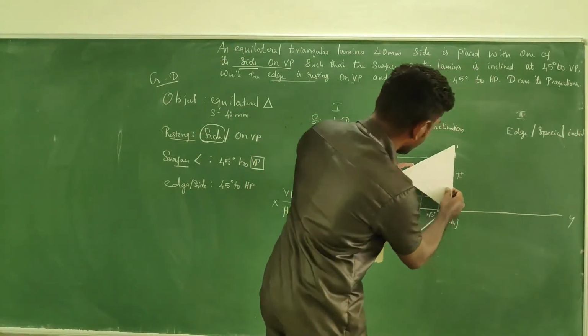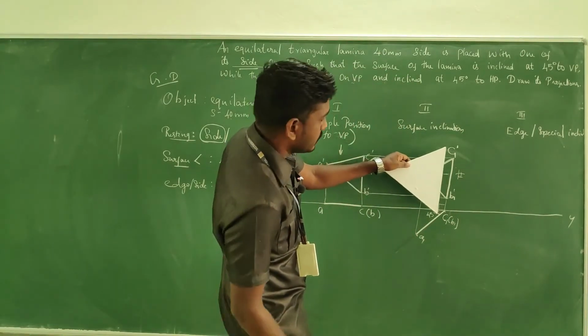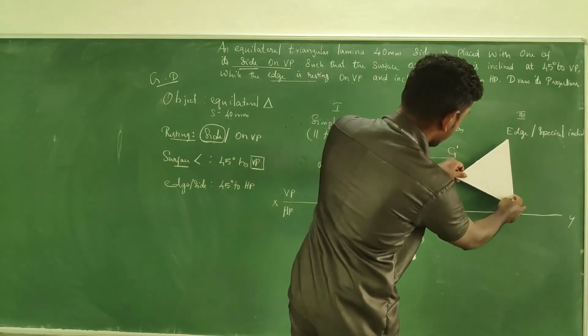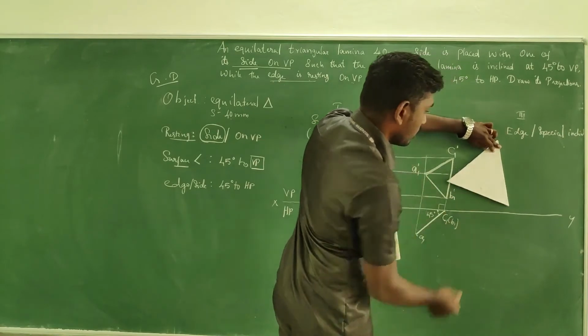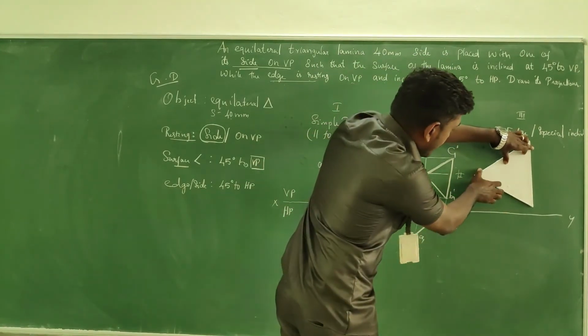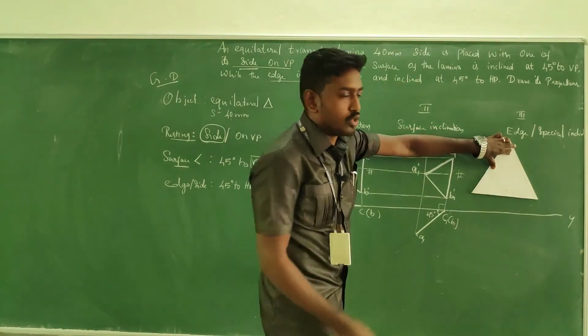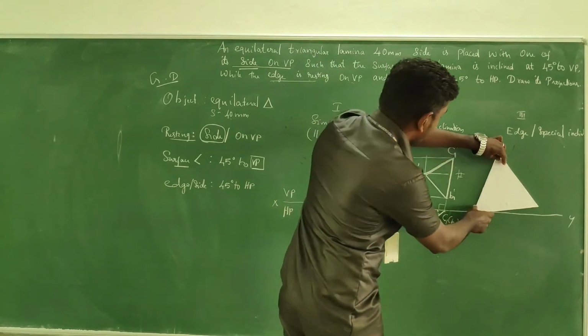See, I'm going to tilt something like this. This is our position now, right? So I'm going to tilt the object something like this. This is how the object is. I'm going to tilt the object like this, to 45 degrees. So what happens when you are tilting to the 45 degree, there is a possibility